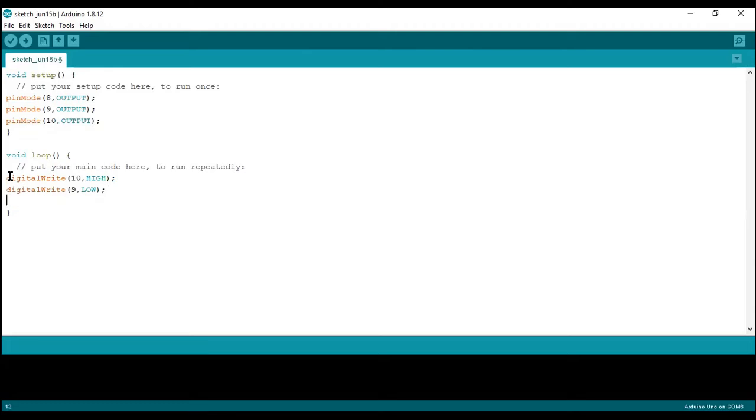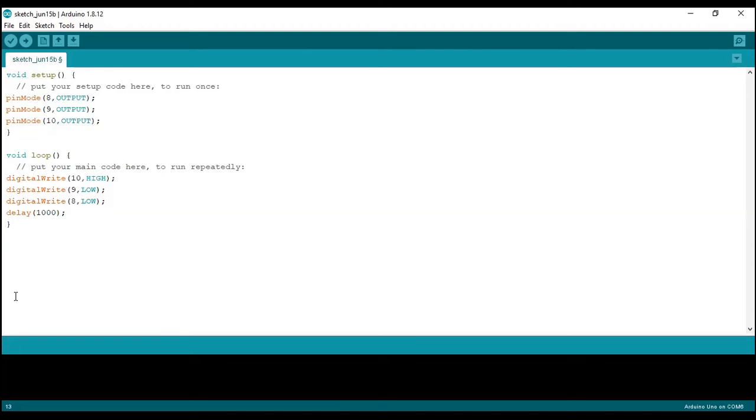Type digitalWrite, open bracket, 8, LOW, bracket close, semicolon. This function serves low voltage to pin number 8. Type delay, open bracket, 1000, bracket close, semicolon. This function pauses the code for 1 second.